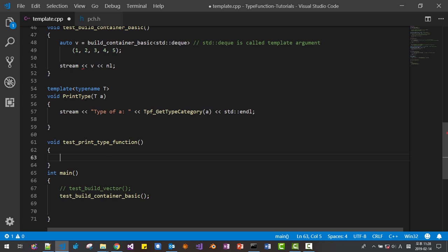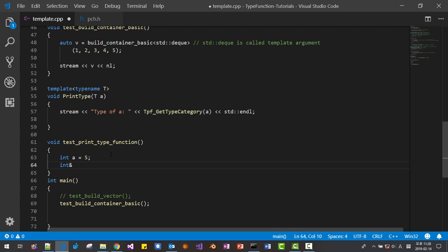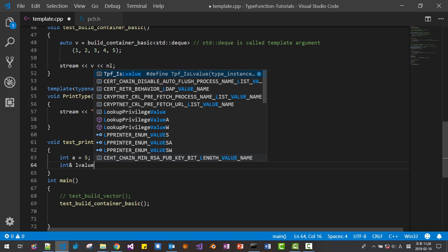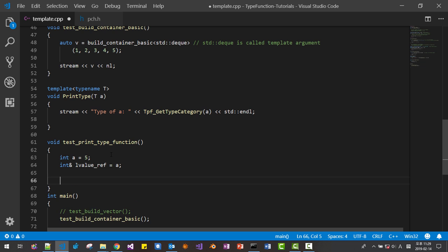We are testing this function like this, int a equals 5, int reference l value ref equals a. Okay, we are calling this function print type